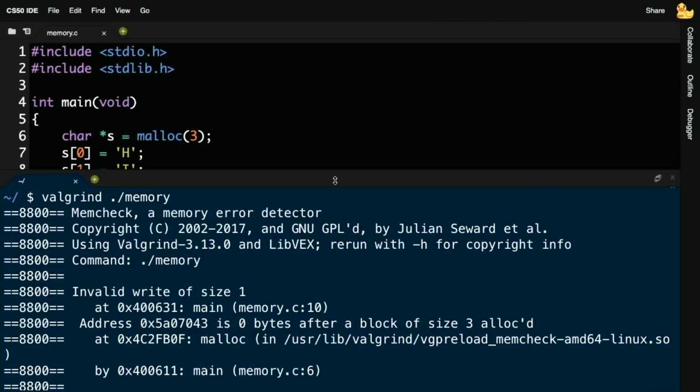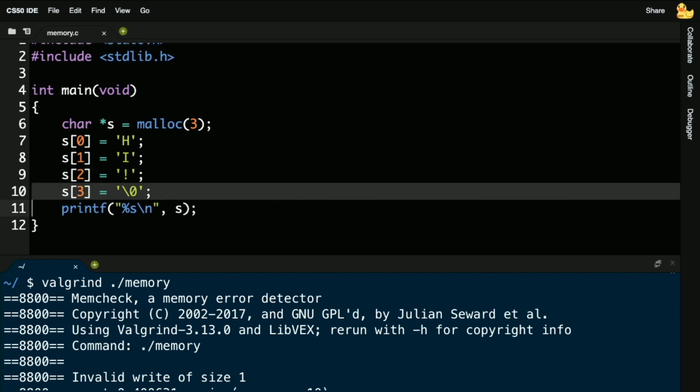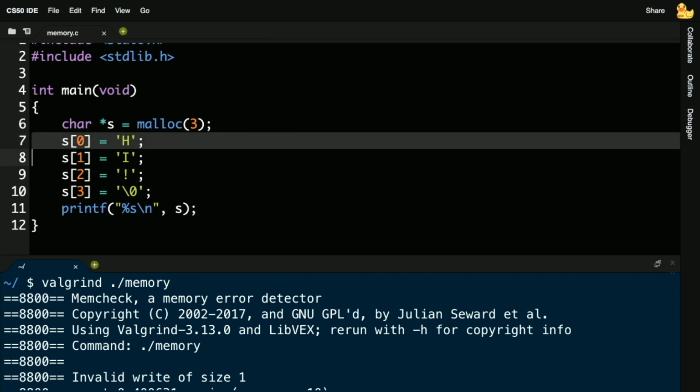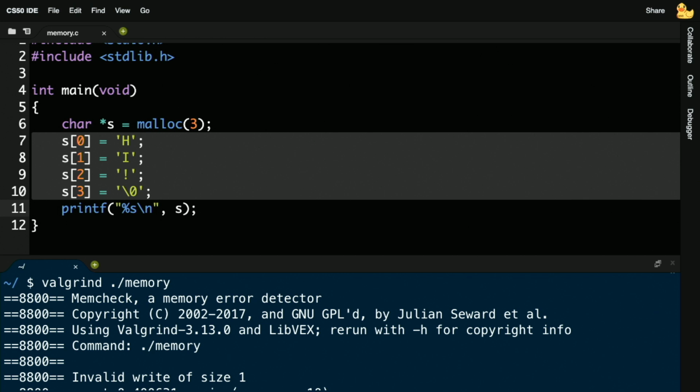Well, what is a write? A write just refers to changing a value. A read just refers to reading or using or printing a value. So let's focus on line 10. If I scrolled back down to my code and look on line 10, this was an invalid write. Invalid write. Well, why is it invalid? Well, per today's definition, if you are allocating 3 bytes, you are welcome to touch the first byte, the second byte, and the third byte, but you have no business touching the 4th byte if you've only asked for 3.